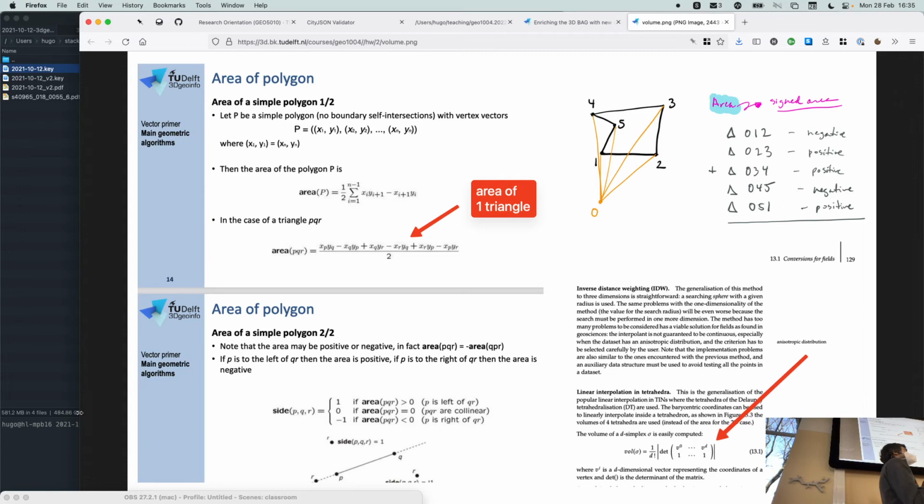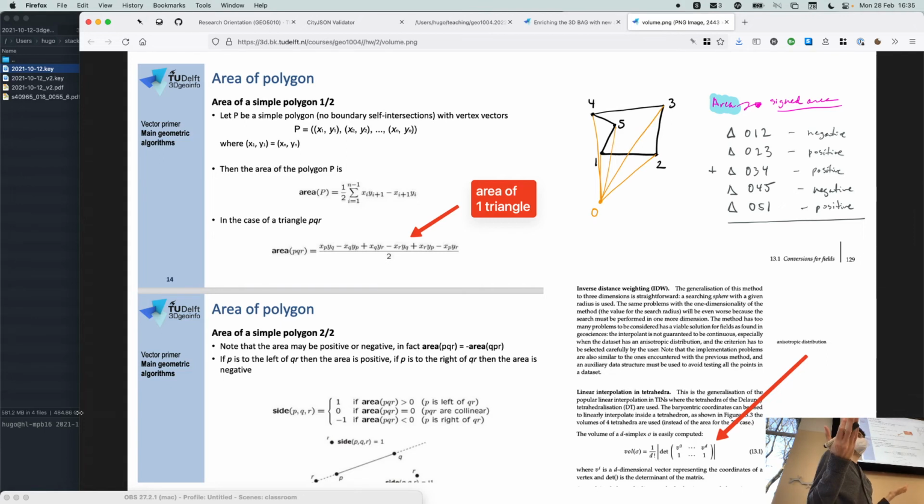But I know the answer, obviously. What did I want to say? Yeah, there's only 4% that are not valid, so most of them will work, and they should give you a value. And oh yeah, to calculate the volume of a tetra, it's on page 129 of the book.